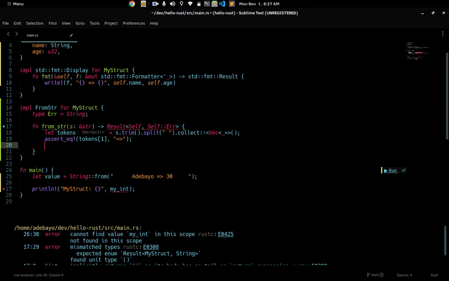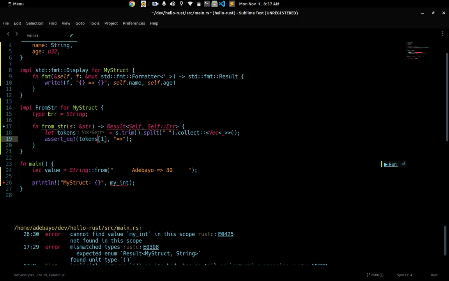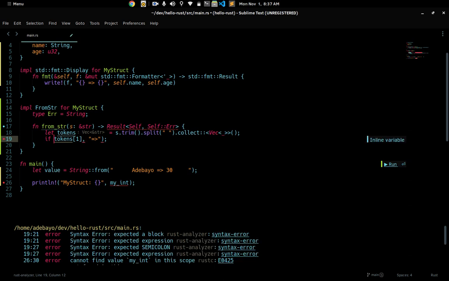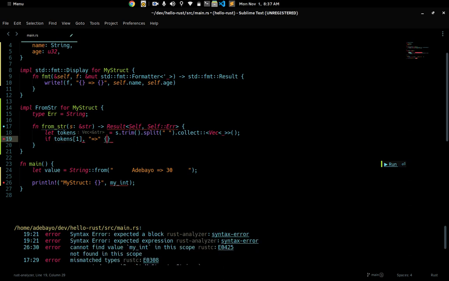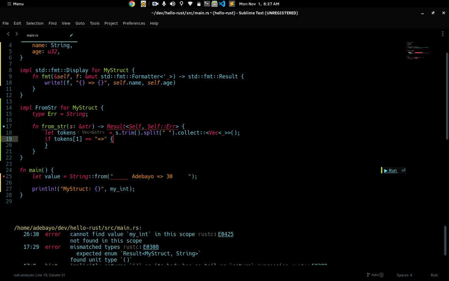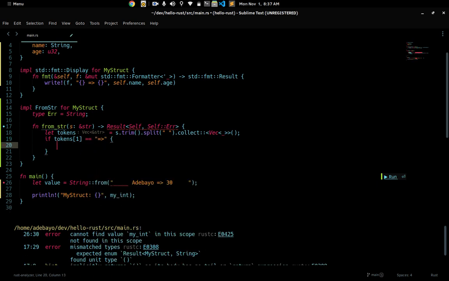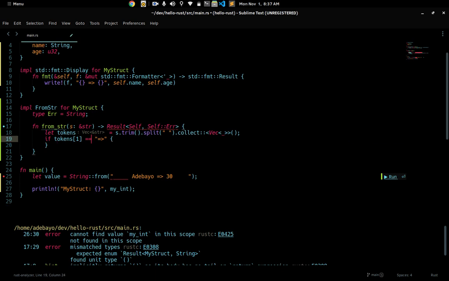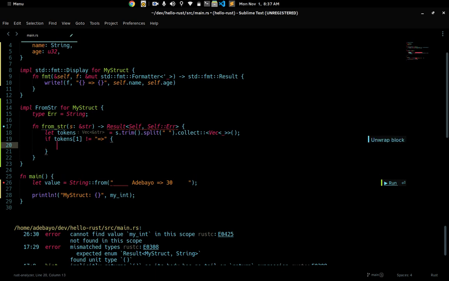Another thing we want to do, or we could just say, we don't want to crash, we don't want to panic here, so if tokens at 1 equals this, I'm just going to do the error checking here. So if it doesn't equal this, we want to return